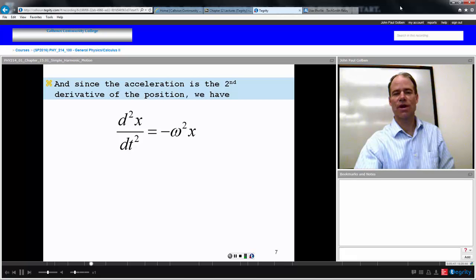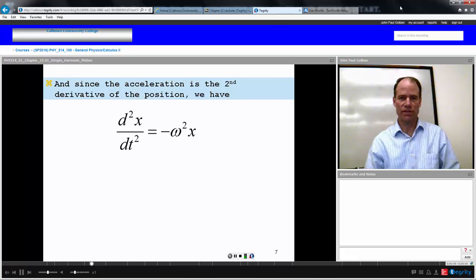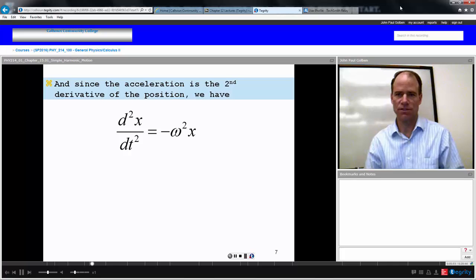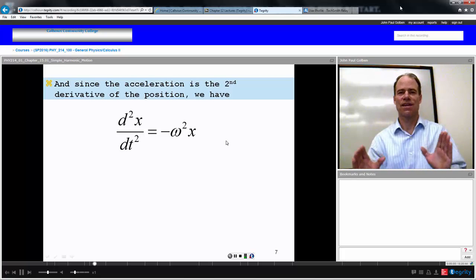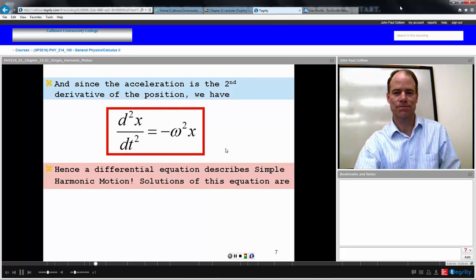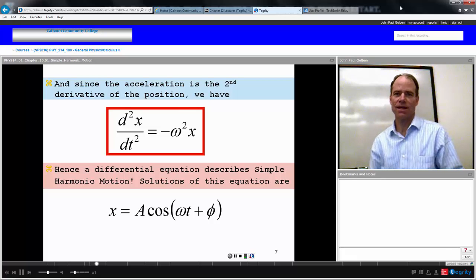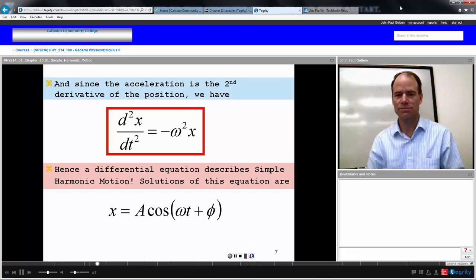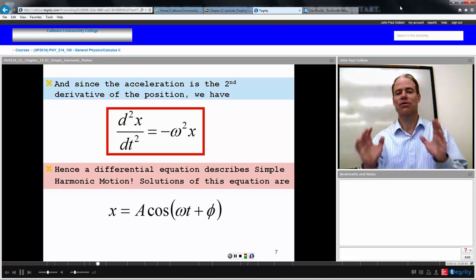Since the acceleration is the second derivative of the position as a function of time, we have the second derivative of x with respect to time is equal to negative omega squared times x. This is a second order differential equation, and it has solutions of the form x is equal to A cosine omega t plus phi. So I can see by doing the mathematics of solving this differential equation that is describing